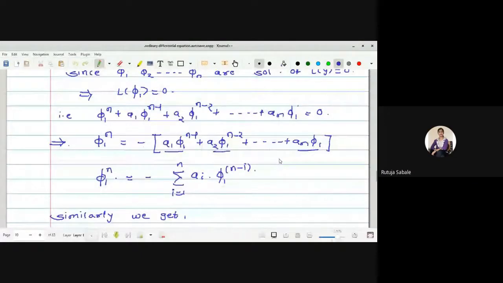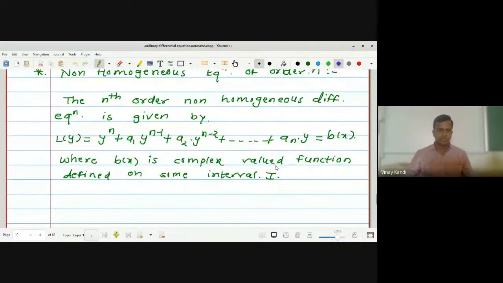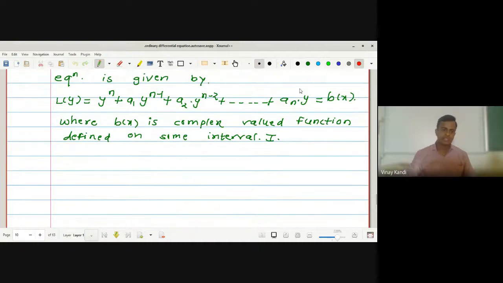Yes, sir. Okay. So in the previous lecture, we've seen that the nth order non-homogeneous differential equation is given by L of y is equal to y raised to n plus a1 y raised to n minus 1 plus a2 y raised to n minus 2 plus, and so on, up to an into y, which is equal to b of x, where b of x is a complex valued function defined on some interval I. Okay, now the next theorem is